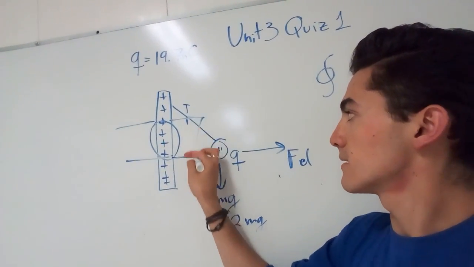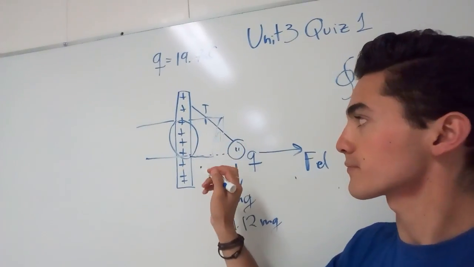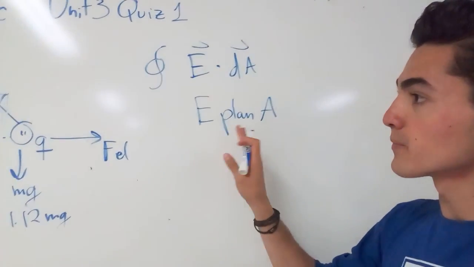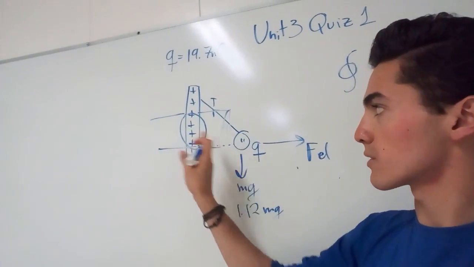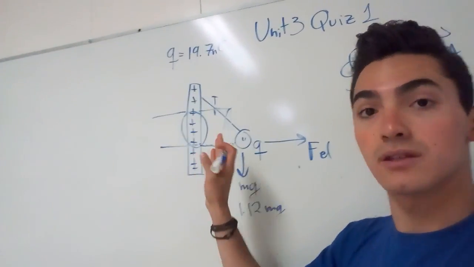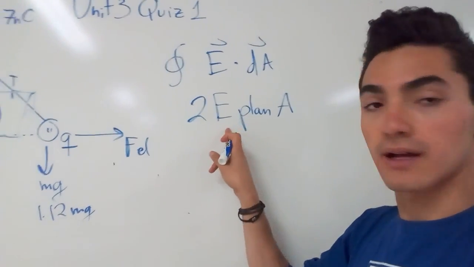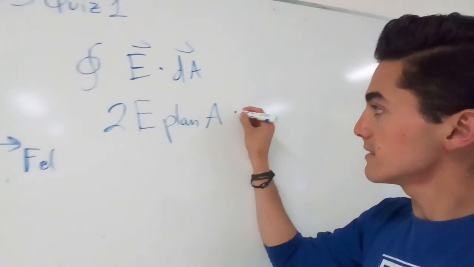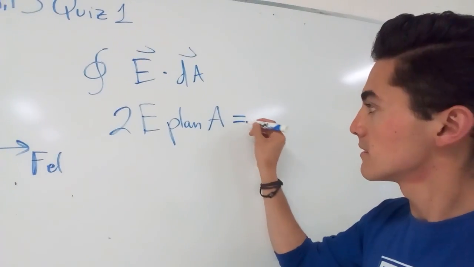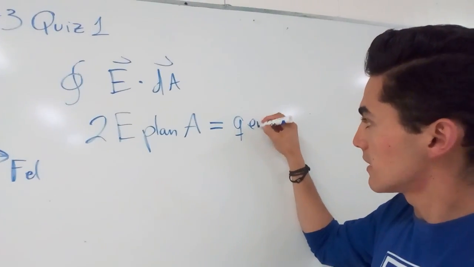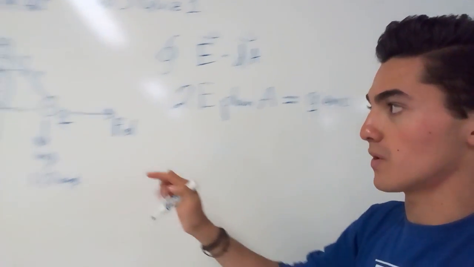This will be our area, and this part here we will have 2 times our electric field because it's non-conductive. So we will have 2 times our electric field, and this will be exactly the same as our enclosed charge on this part